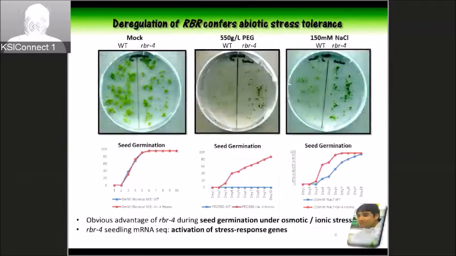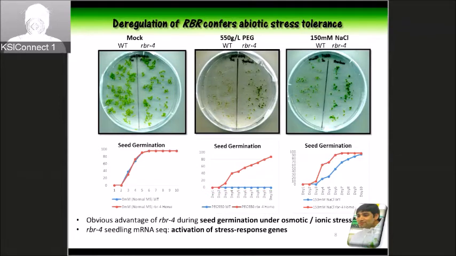But what is exciting for us, that we recently started only a few months ago, is to look into the plant, which looked absolutely normal, and look at what happens if you apply stress. On the left-hand side, you can see the mock and the mutant. In a mock condition, wild type and mutant, there is no difference if you just simply look at it, but if you start to apply the stress,